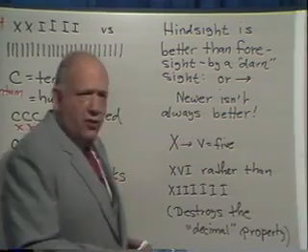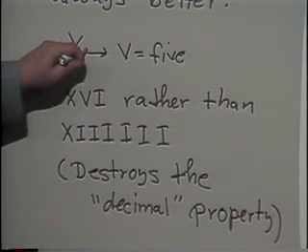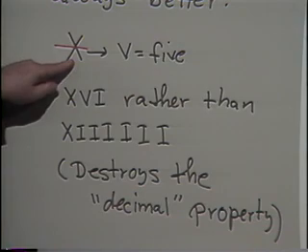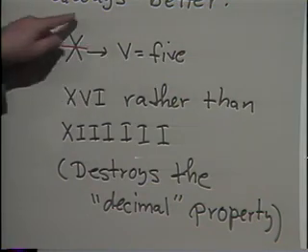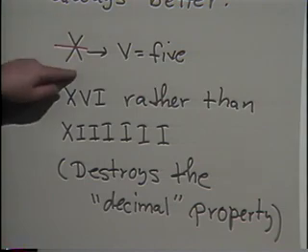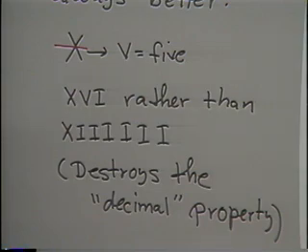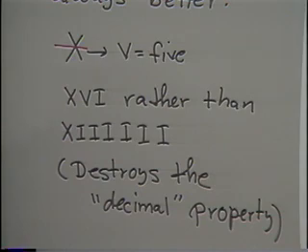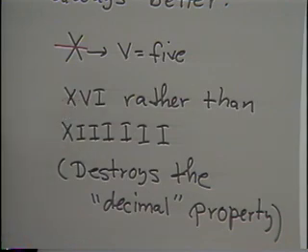Let me show you a few of the things that the Romans did. For one thing, as we mentioned in our preface lecture, they noticed that half of the symbol X looked like the letter V. So they said, since half of X is V, half of the number 10 will become the number 5. So V denoted 5. And so now, rather than write 16 as an X and 6 I's, they wrote an X, a V, and an I. That was now 16.